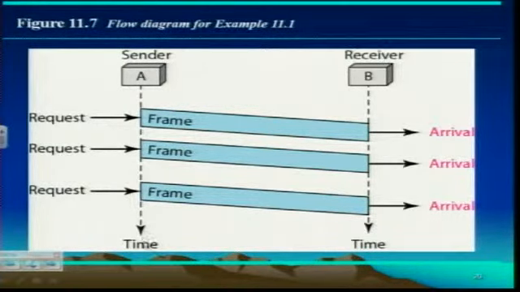So at this time, the request comes in, the frame is sent, now it stops. A is not sending anything during this period of time. Again, the network layer sends an indication saying send, so again another frame is sent, and so on. So there are different variations at a time, obviously determined by the